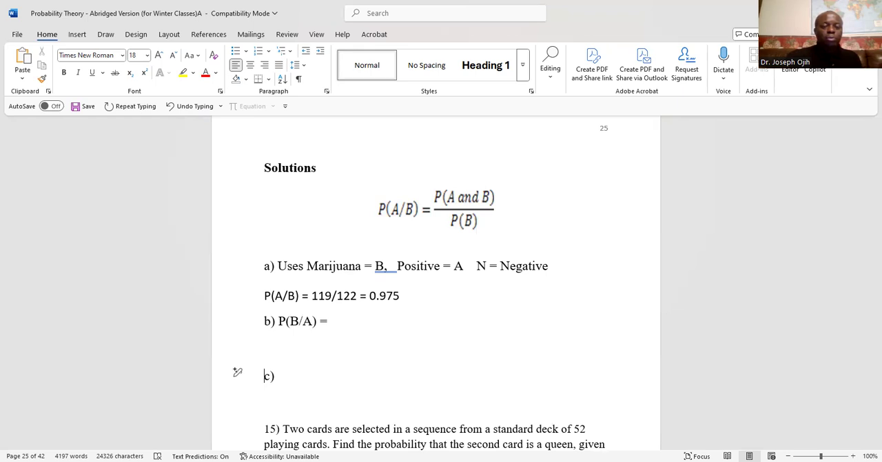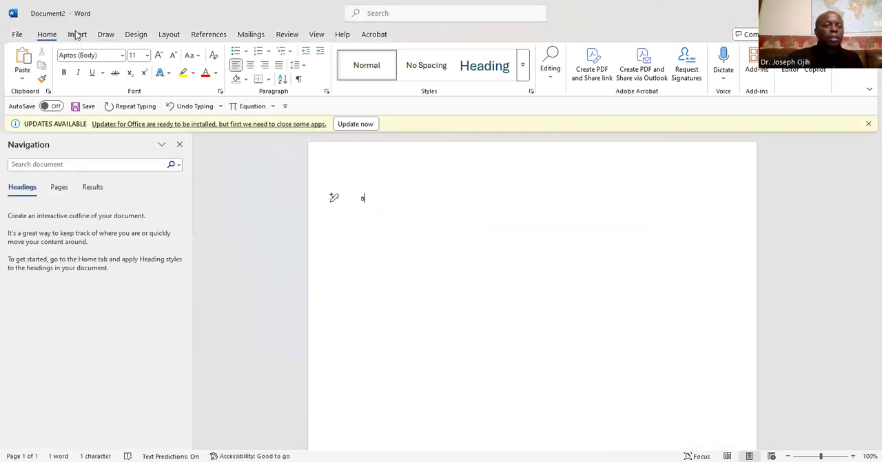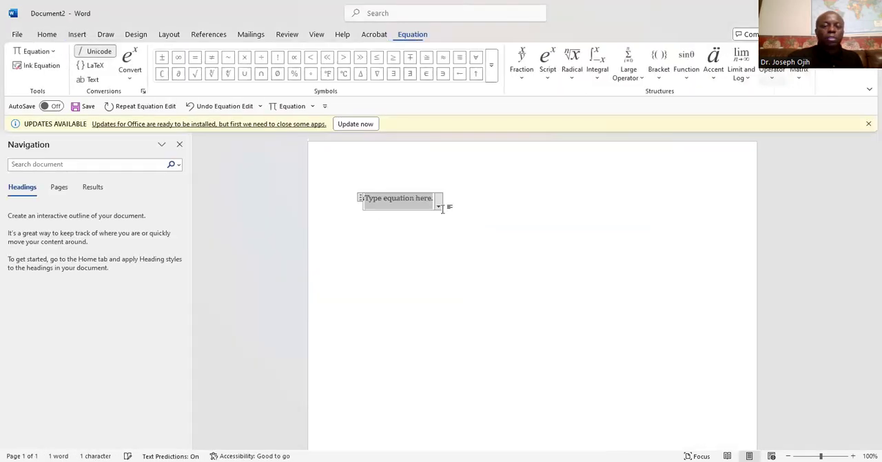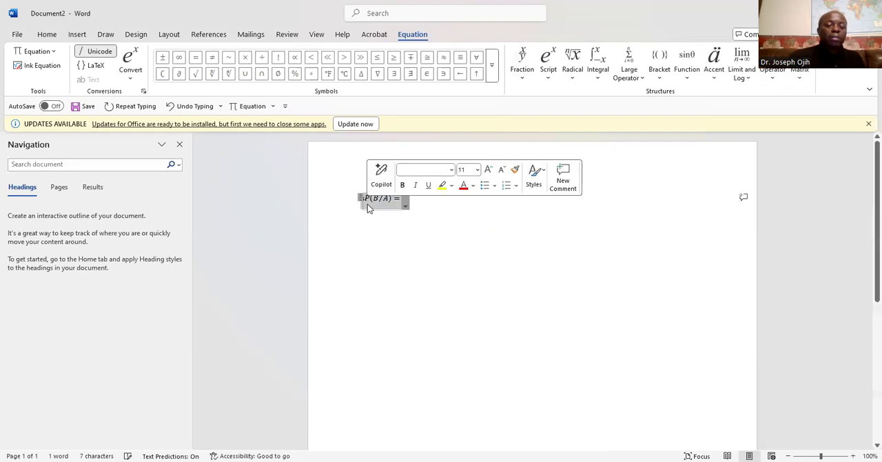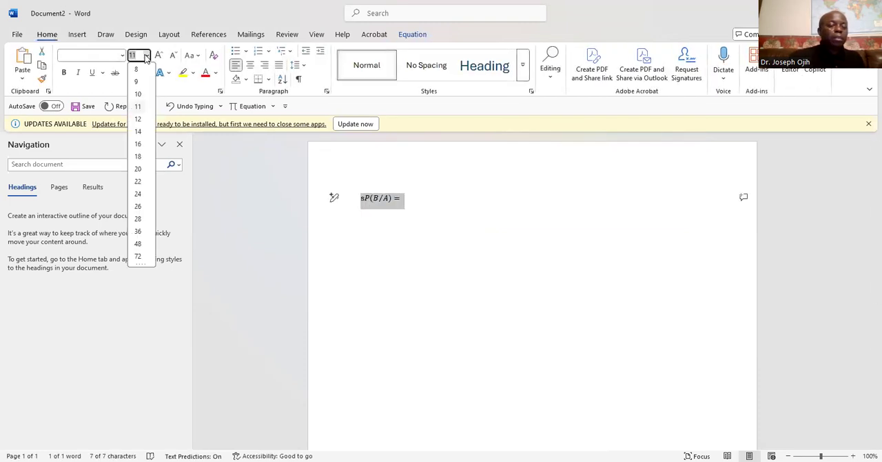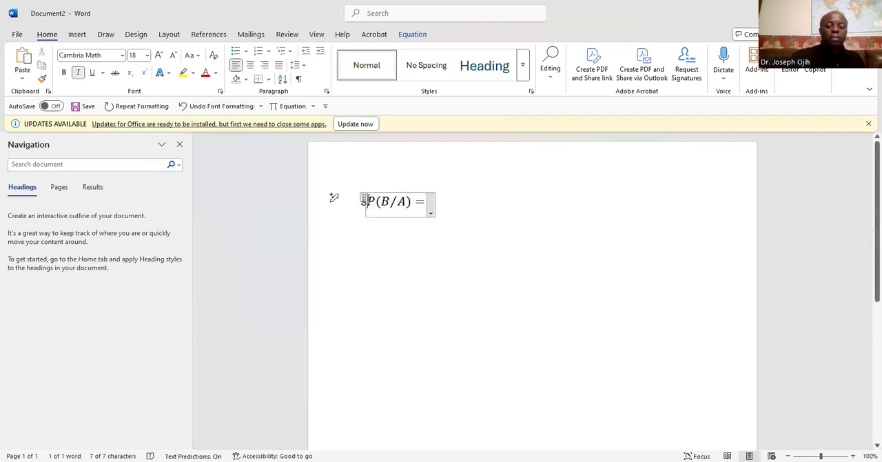Since this place will not allow us to put this, I'm going to use this second workbook. Okay, I'm going to insert equation. The probability that the subject uses marijuana given that he or she tested positive, B given A. I'm going to make it bigger, probably 18. Equal to